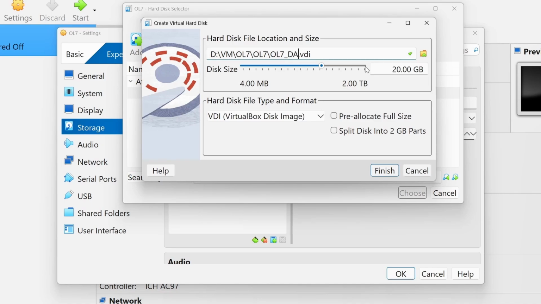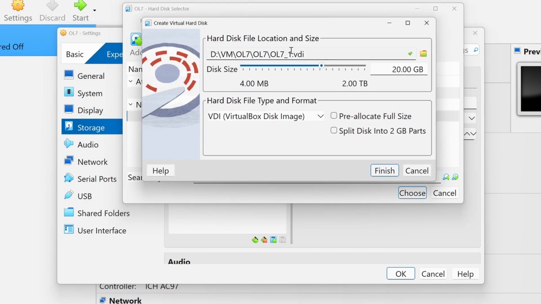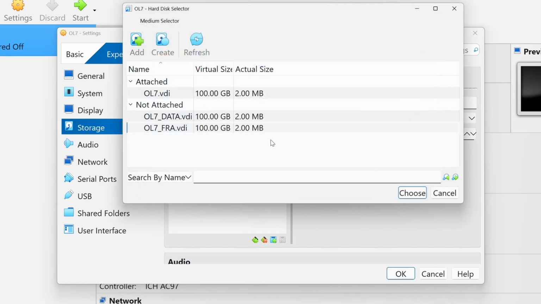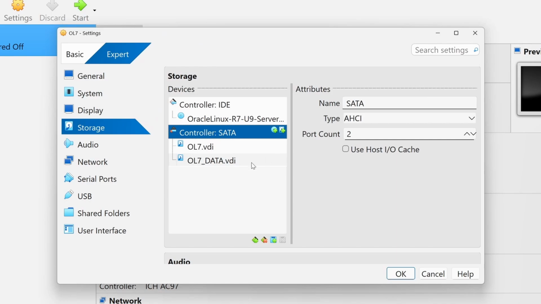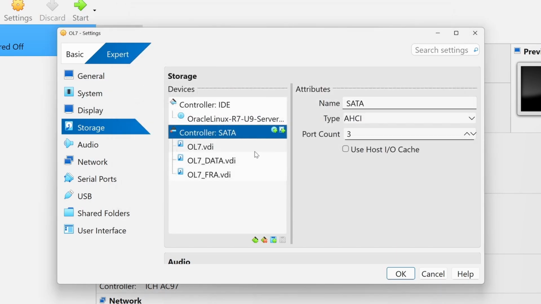I can name this data 100, finish, and then create another one for the FRA, fast recovery area. Okay, then finish, and then select this one, choose, and then add another one, select the FRA. Then as you guys can see, all the hard disks are now added.